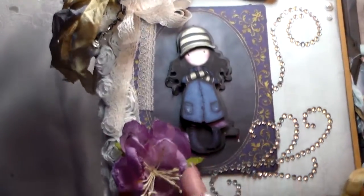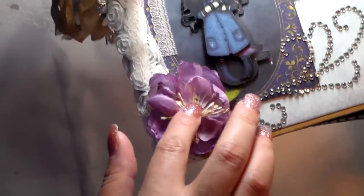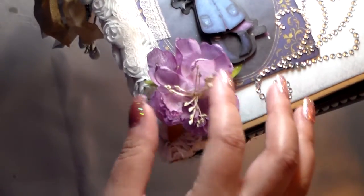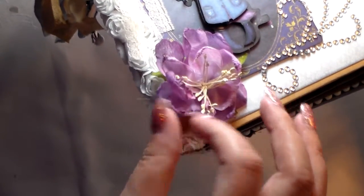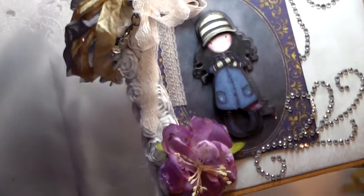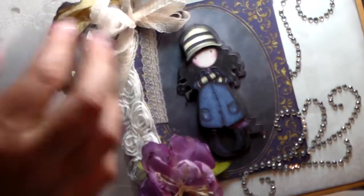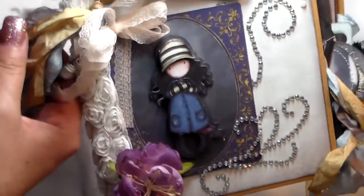So here's the image I used, and then I had this beautiful flower left over. This is also from Jamie's shop. These petaloo flowers are some of the most delicate flowers I've ever touched. I mean, they feel real. Very thin and soft, so I love that flower so much. And then I have this beautiful beige trim that I had gotten from a swap. So I just made a bow here in the corner, and then